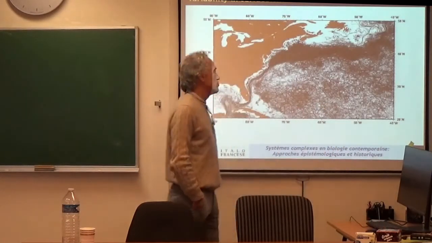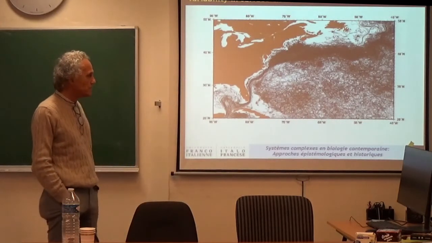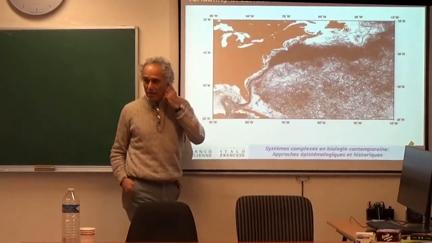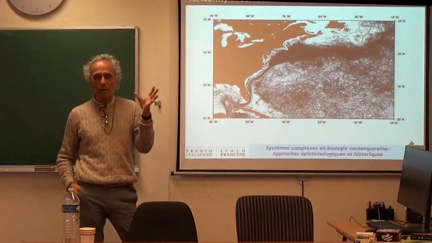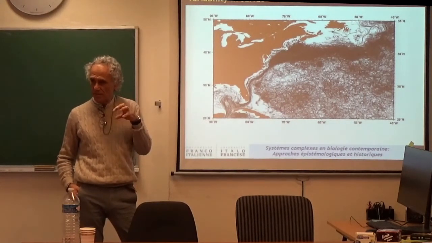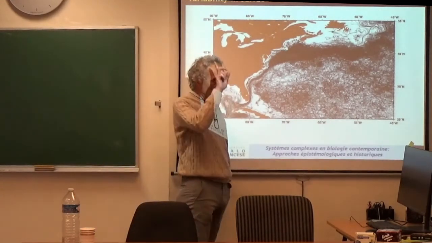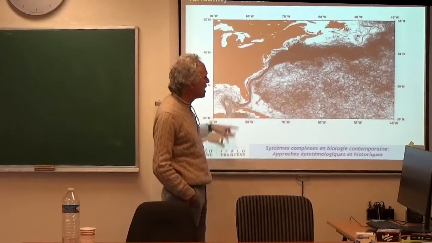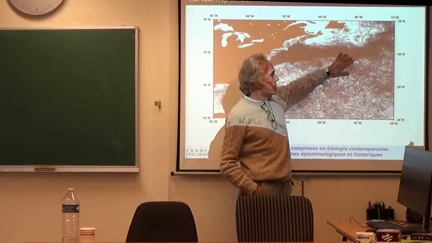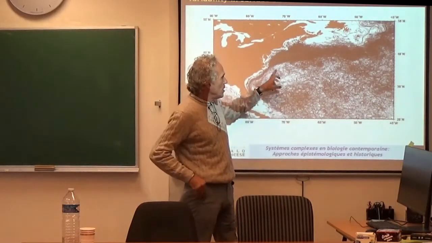And finally, I want to show at the microscale another problem that we are facing. Okay, this is a typical so-called spaghetti diagram, which we normally use as a technique to track the currents, and you put neutrally buoyant drifters that send the position to the satellite. So this is the Gulf Stream, which is quite well known. But you see that even in the Gulf Stream, which is a very consistent and high volume water flow, you have all these